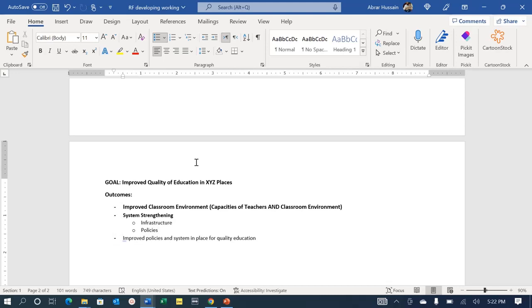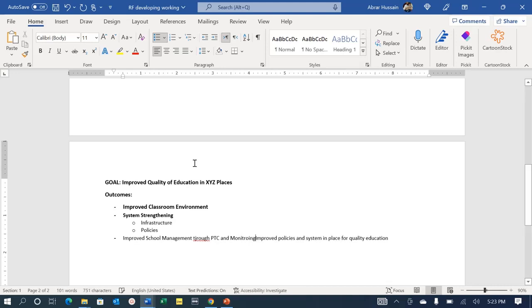So here we have brought about improved classroom environment. In the improved classroom environment, we are focusing on the teachers and on the classroom environment, both of them we are considering under this one. Then system strengthening, so infrastructures and policies both. And the third one, you can say community outreach related outcome, improved school management through PTC